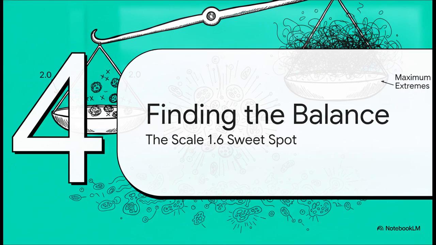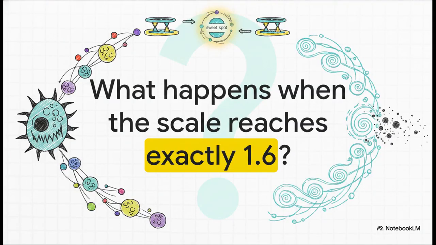Section 4. Finding the balance point. This sweep of the scales actually led the researchers to a highly specific, fascinating discovery right in the middle of that data. Because, while scale 2.0 was great for wiping out cancer, real biological systems rarely operate at maximum extremes. So what happens when the scale reaches exactly 1.6? If 1.0 is total cancer dominance and 2.0 is heavy eradication, what kind of weird dynamic emerges right there at